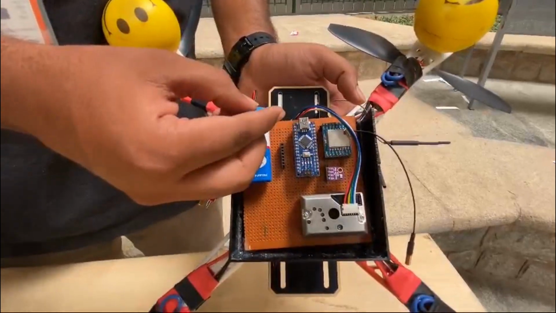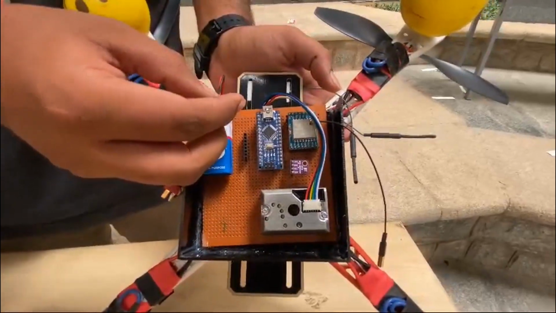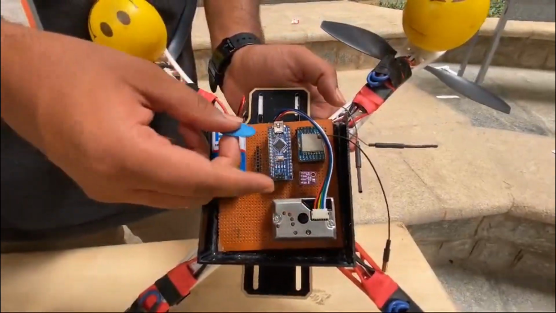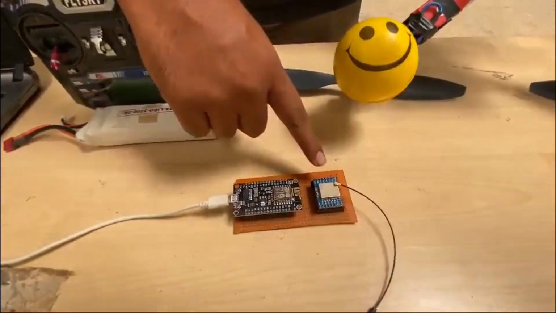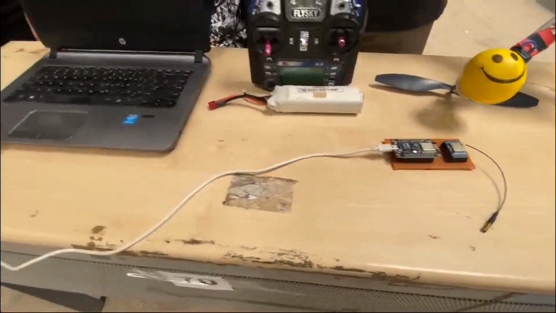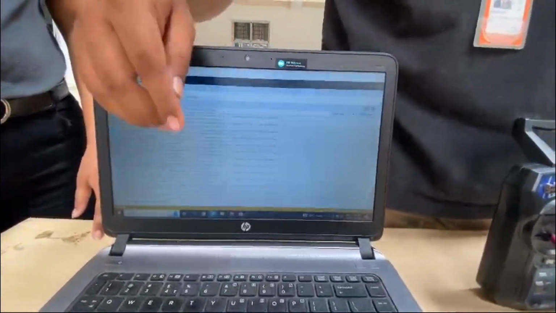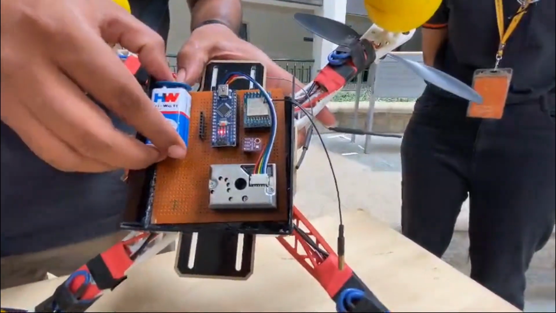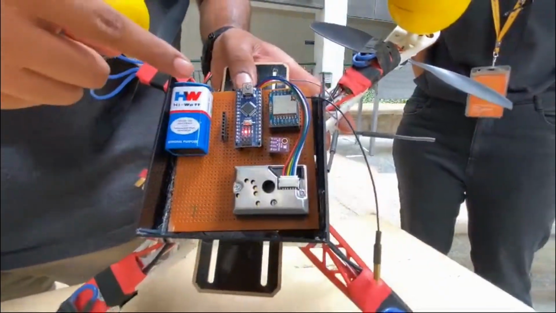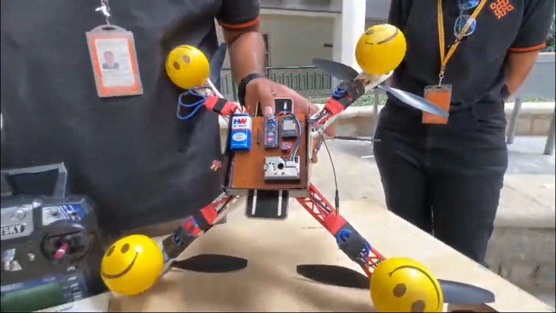So all the data like temperature, altitude, humidity and the particulate matter sensed by these devices is then sent to the receiving module, which will receive the values and then display them on the computer screen, where real-time values are displayed on the monitor. To power this module, we have used this particular 9 volt battery which powers the transmitting module of the air quality monitoring system. So it will power this module and give us the real-time data.